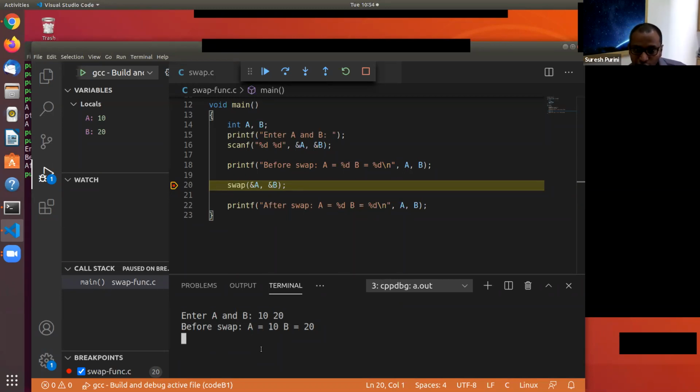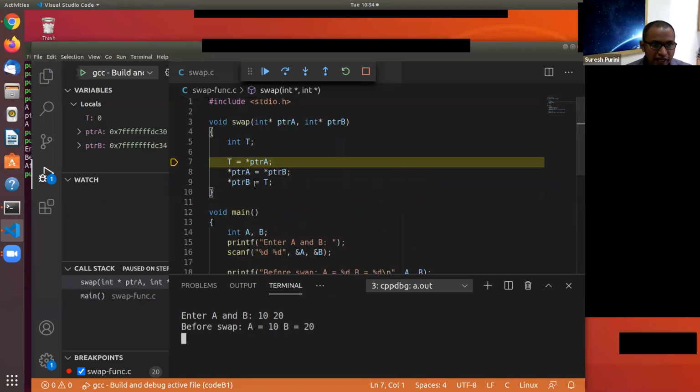So we pass the address of variable A and address of variable B to the swap function. If you go step inside, now you can see that the address of variable A is this and address of variable B is this. Are you all good? Does it make sense that PTR-A contains the address of A and PTR-B contains the address of B? That's what we have passed.